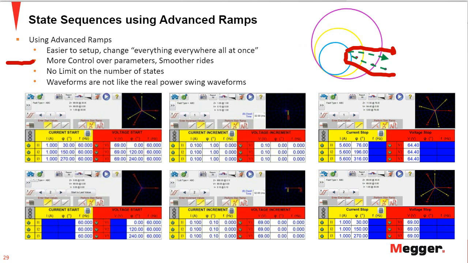Now, this is still a state sequencer, in that each of the points in the ramp is a particular state. But the duration of each of those states on the ramp is so short that you can say that this is more like a continuous simulation. So you have way more control over the parameters. The ride of the impedance is going to be way smoother, and there's no limit on the number of states. But the waveforms that you create here are not like the real power swing waveforms,